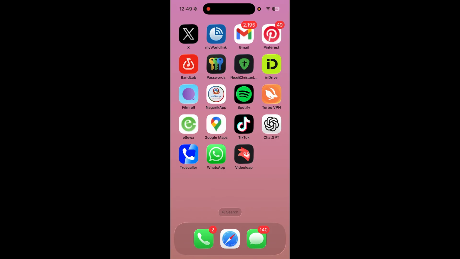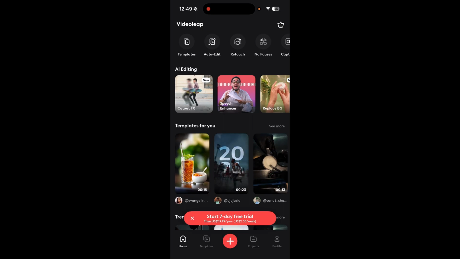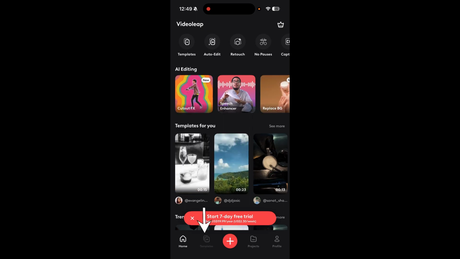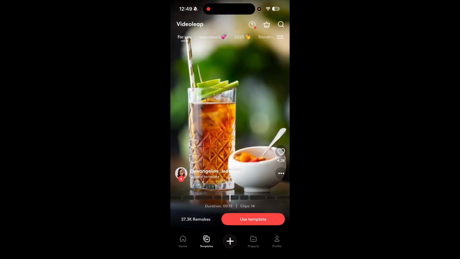First, unlock your phone and tap on the VideoLeap app. If you do not have the VideoLeap app, you can go to the Play Store or the App Store, and once you open your VideoLeap app, we can find this interface. Here at the bottom we can find this template. Select this template, and once you select it, in the top right corner we can find this